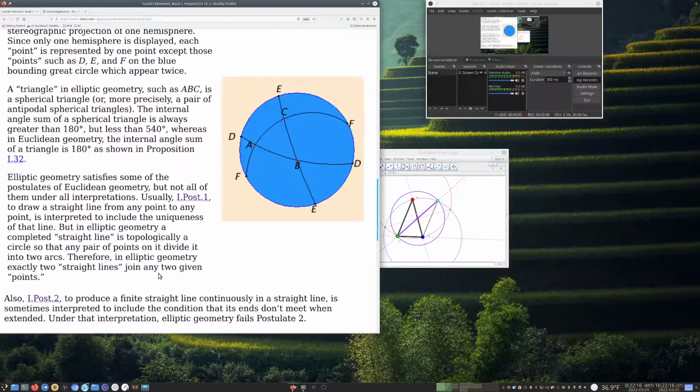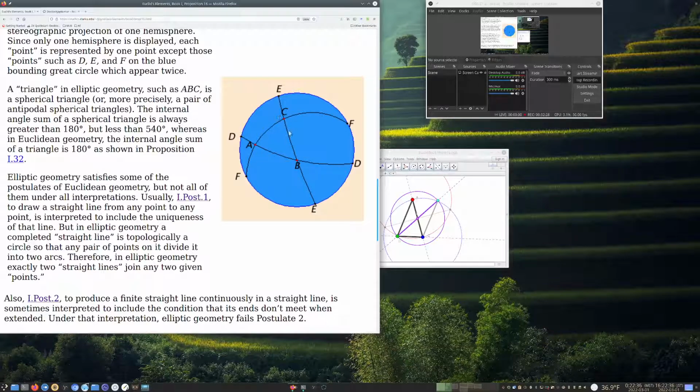Usually, postulate 1, to draw a straight line from any point to any other point, is interpreted to include the uniqueness of that line. But in elliptic geometry, a completed straight line is topologically a circle, so that any pair of points on it divides it into two arcs. Therefore,